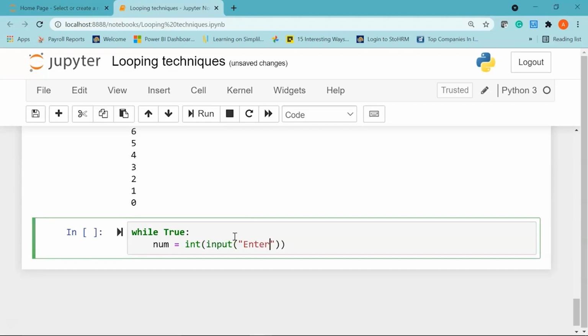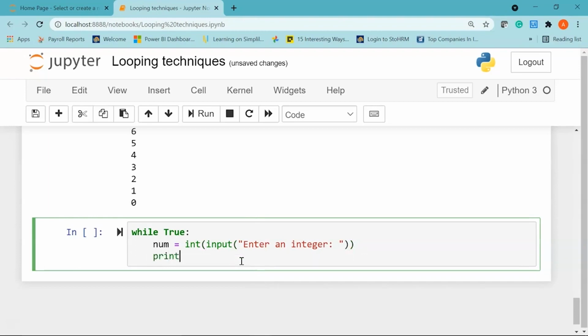I'll pass in the message as enter an integer, give a colon followed by a space, and then we'll say print the product of, I'll give a comma, say num, I'll give another comma, I'll say is.